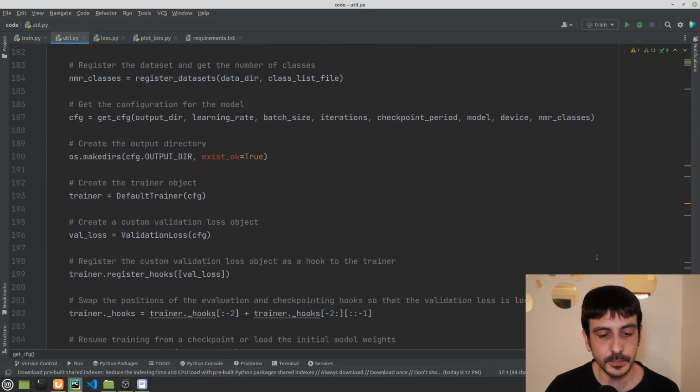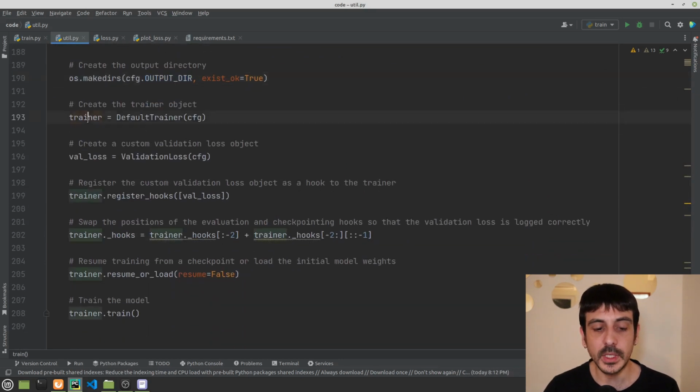Now let's continue. You can see that the only thing we're doing is creating the output directory. Then we are creating this object, which is the trainer, the one that's going to take care of the training process.